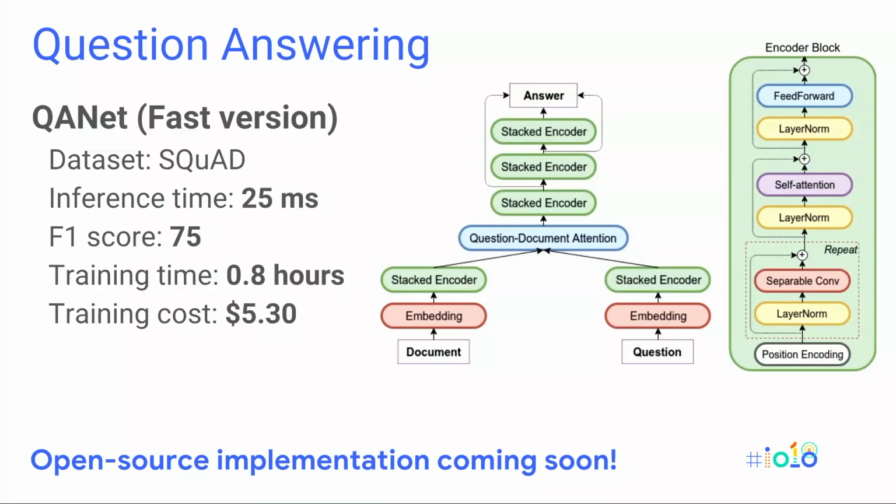Finally, question answering here. With QANet, this is just the fast version that we use to win the question answering competition for Dawnbench. But there's a Stanford question and answer data set that takes a big chunk of text and then presents a question about some fact that you can infer from reading the text. So this machine learning model is actually looking at this whole paragraph of unstructured text, reading the question, and then pinpointing the answer. It's really impressive. It's really different from image recognition, and all this is possible on this sort of flexible, new, powerful platform for